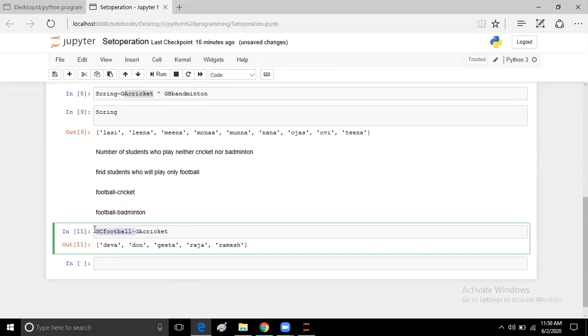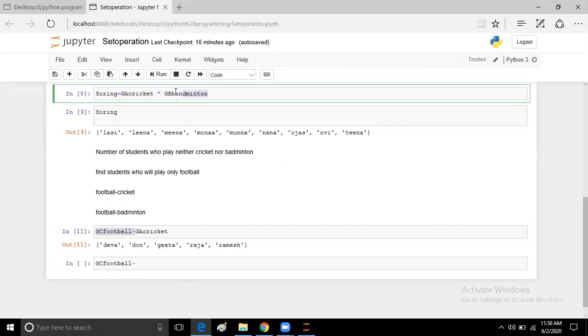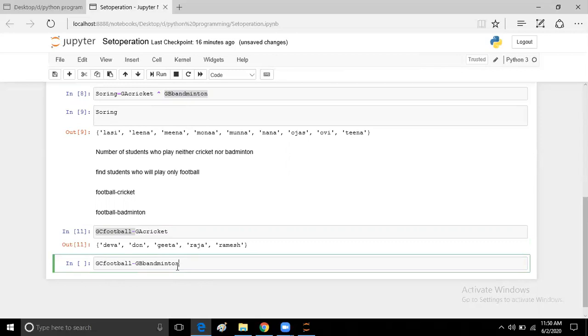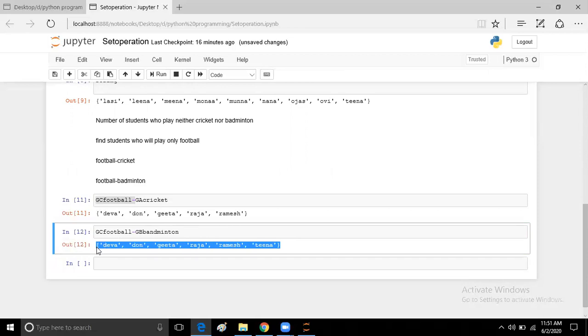In the same way, we find the list of students who play only football, not badminton. We are removing the players who play badminton with football. If you execute this, this is the list of students who play only football, not badminton.